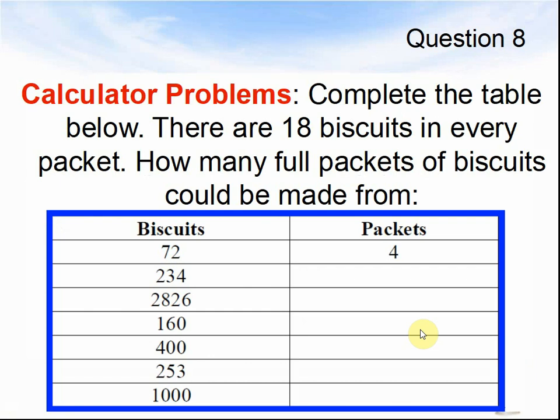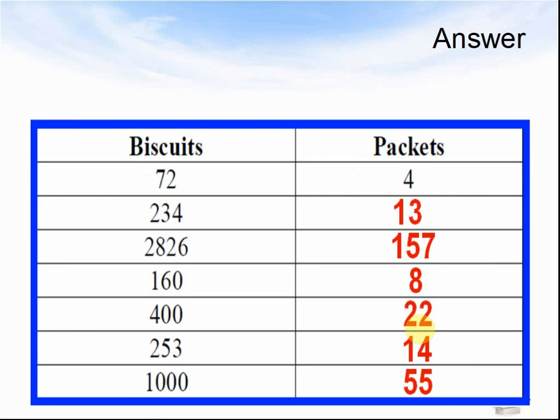Question 8. Calculator problems. Complete the table below. There are 18 biscuits in every packet. How many full packets could be made from these numbers? Pause the video until you're ready to see the answer. Here come the answers. The answers are: 72 biscuits is 4 packets, 234 biscuits